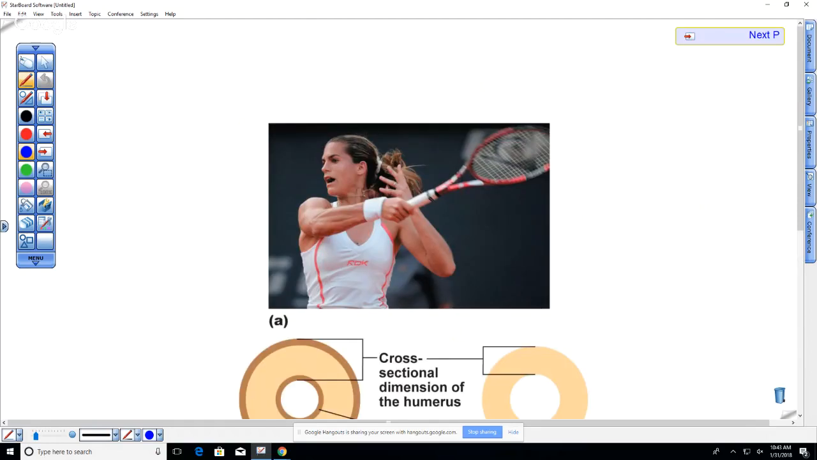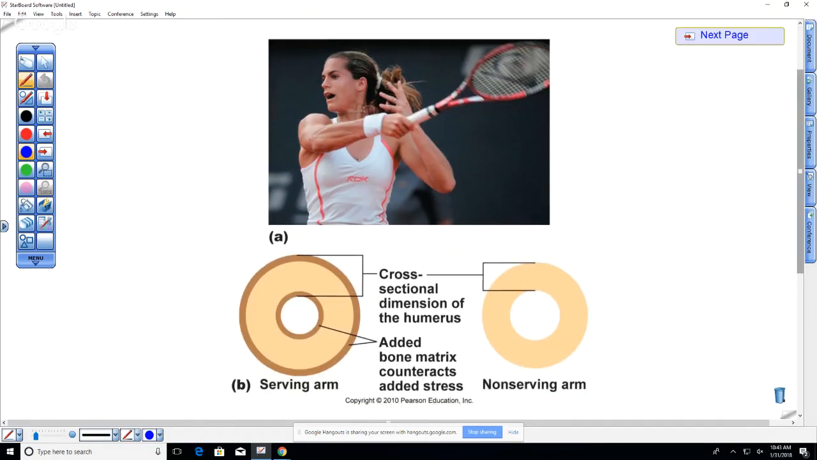In your book, there's also a diagram showing how the diameter of the bone can increase due to activity. So if you're more muscular on one side of your body because you use that side of your body more, then that side of your body is going to have thicker bones. Okay. So we did talk about the